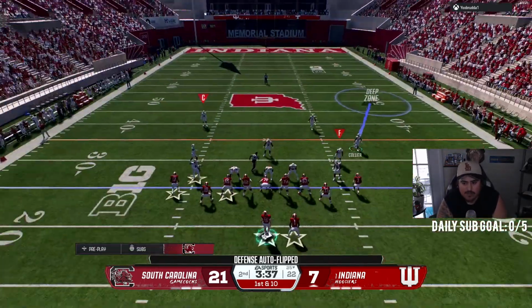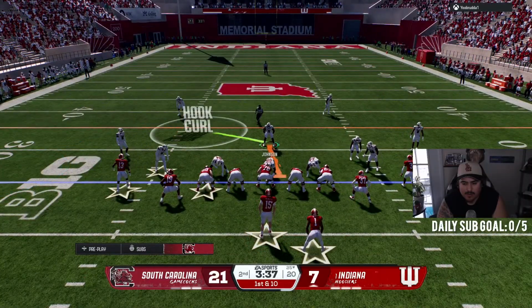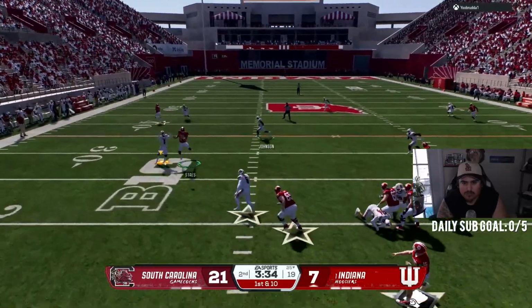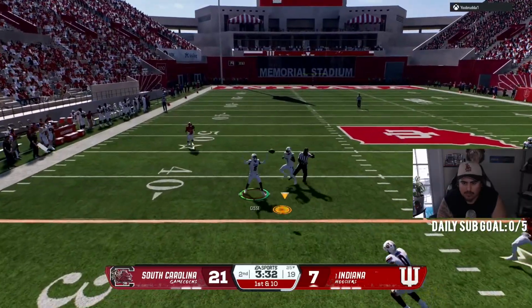Indiana sends the offense onto the field. This is when the pressure can ramp up a little bit on an offense, David, when they start feeling the heat to answer a score. And I think being down 14...